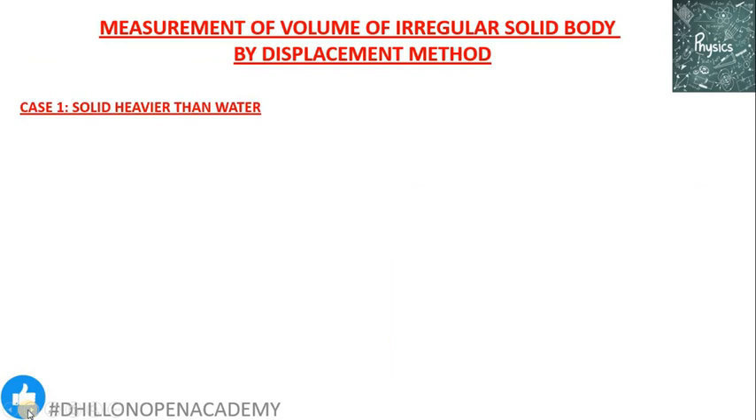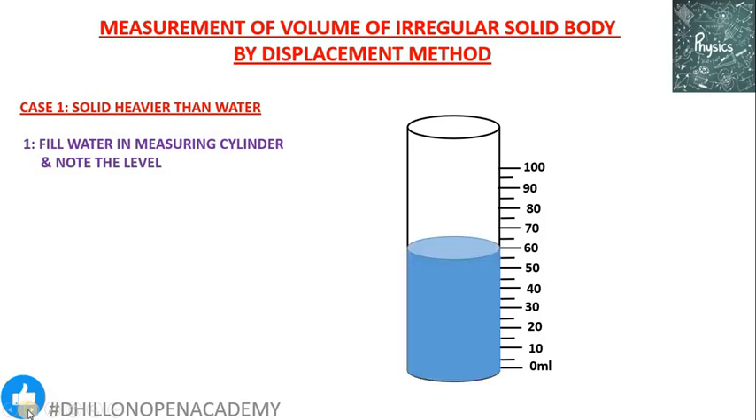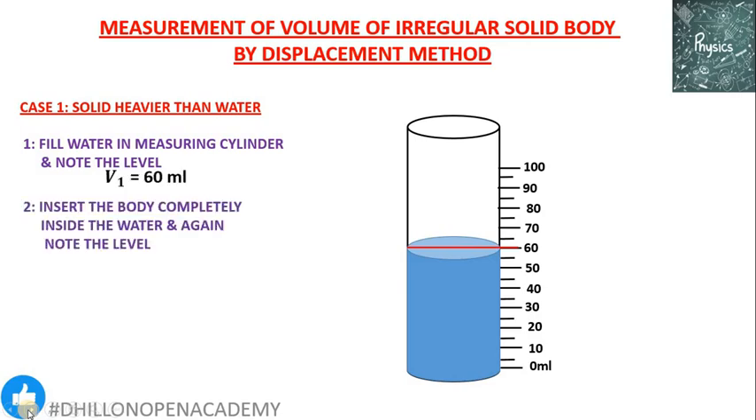First case, for a solid which is heavier than water. We make use of a measuring cylinder which has graduations marked along its height. First step is to fill the water in the measuring cylinder and note down the level. For example, in this case the initial level of the water is 60 ml. In the second step, we tie the body whose volume we have to measure with a very thin thread, and